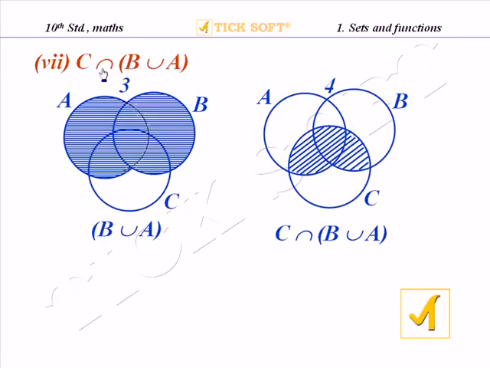Then C intersection B union A. So first let's take B union A. B union A means the common part for A and B is taken, B union A. Then C intersection B union A. So in this A union B, otherwise B union A, what are all the C part? Only this part. The common part between A union B and C is only this part, that is taken here. So C intersection B union